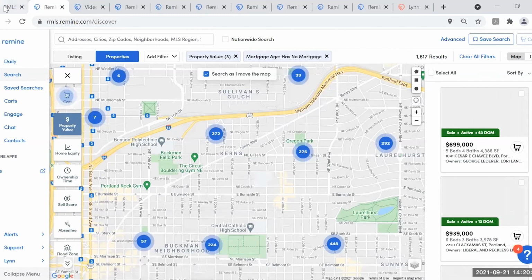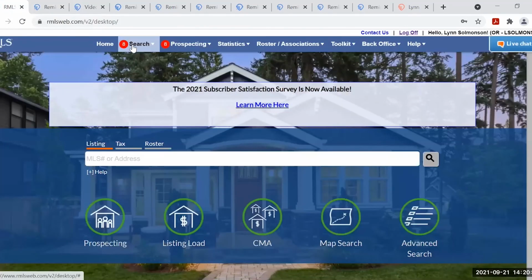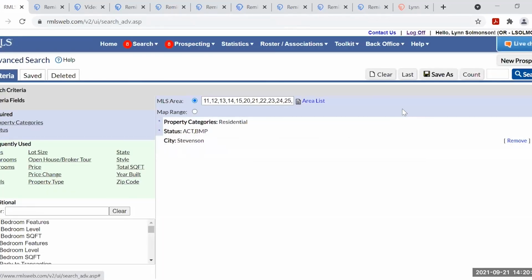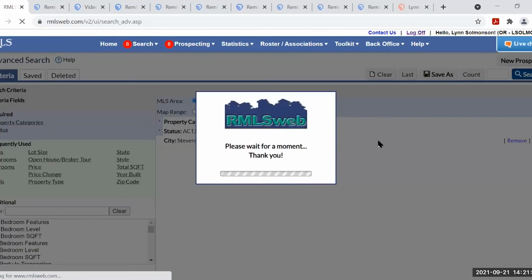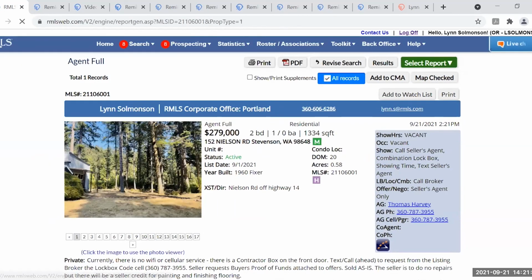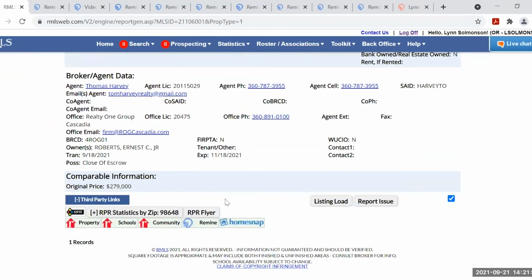Okay, and then I wanted to show you right here at the end one more way to get to Remine. If you do a search in RMLS Web and you click on a property, an MLS number, and scroll down to the bottom, there is also a link to Remine at the bottom of an Agent Full in our site.